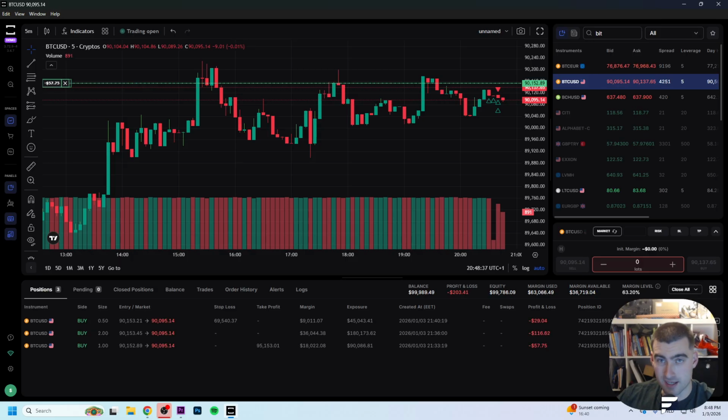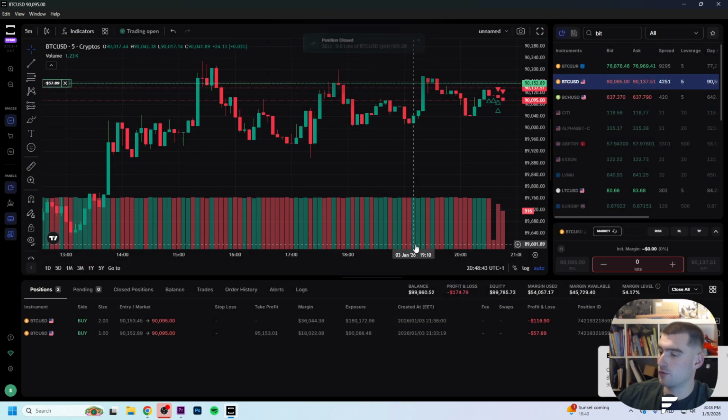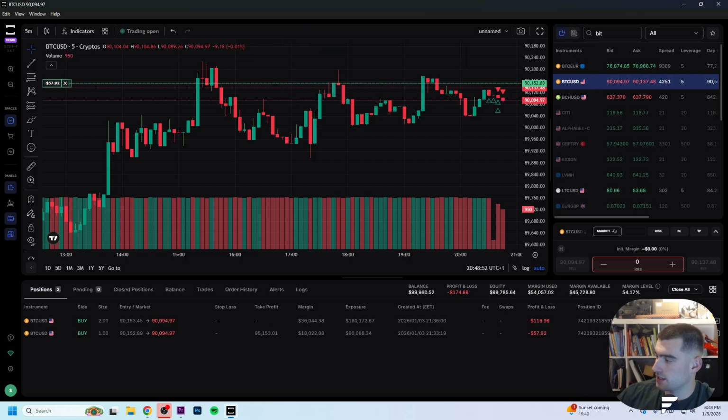If you want to completely close the trade, we go right here to the right where it says close position and we click on that and then we do confirm, and right now we received the notification that we closed our position. If you want to close all your positions, then what you can do is click here on close all,